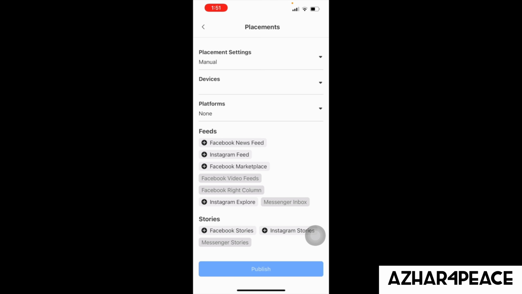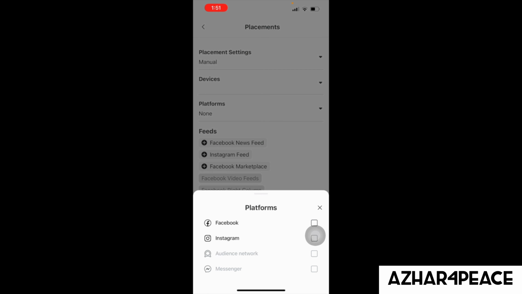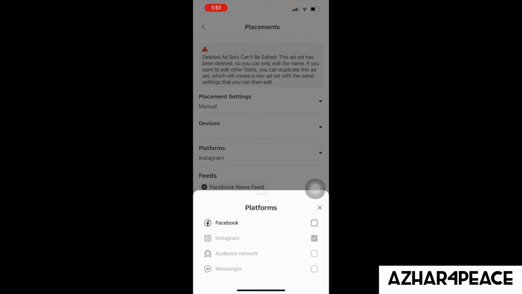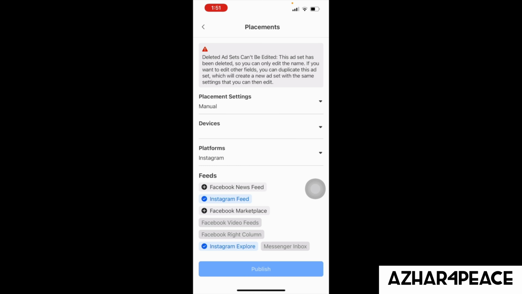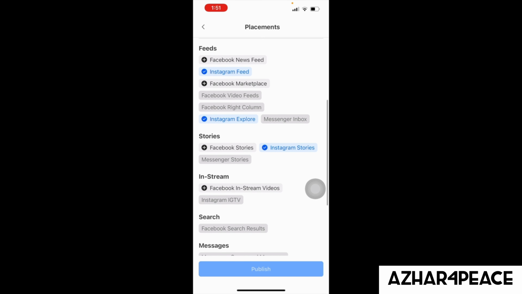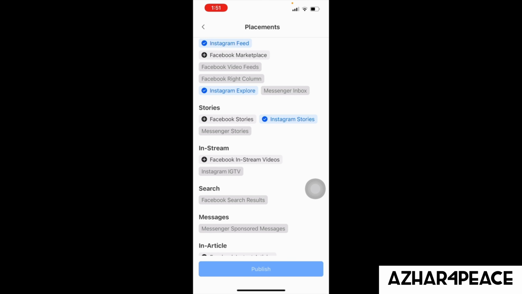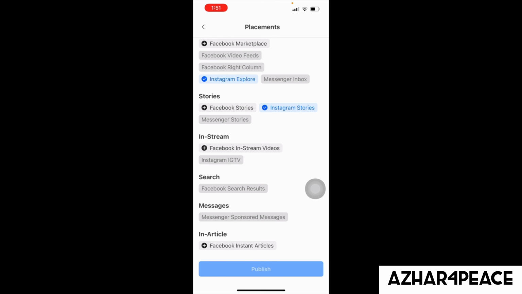Also, the platforms give you these opportunities right here. You can run on Facebook, you can run on Instagram, and there are some other things too. You can run literally everywhere on Instagram and Facebook.